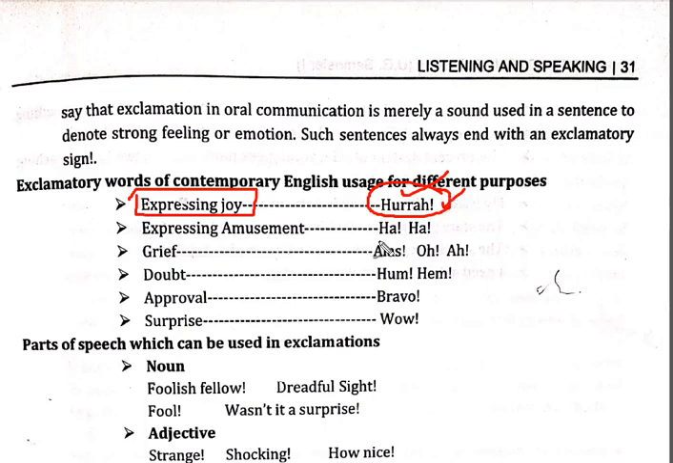Now another word is "ha ha", expressing amusement. When we are amused by something, we say "ha ha". This is our inner emotions. When we are in grief, we say "alas". So when we hear the word "alas" from the mouth of a speaker, when we hear "oh, ah", we automatically become